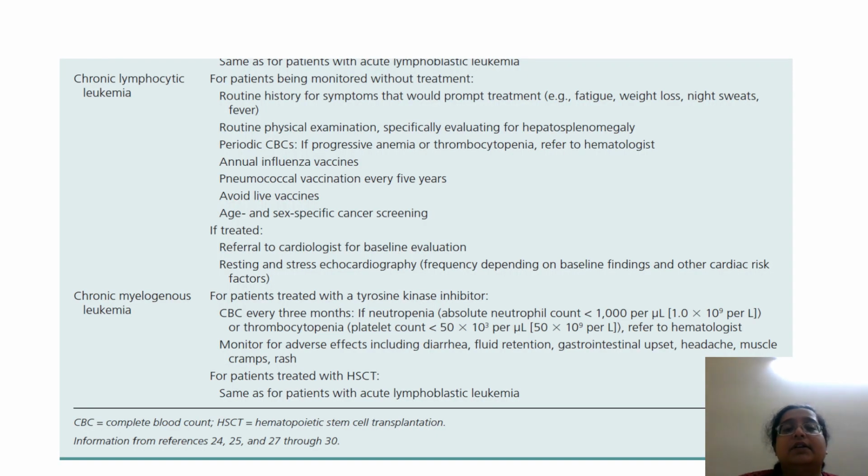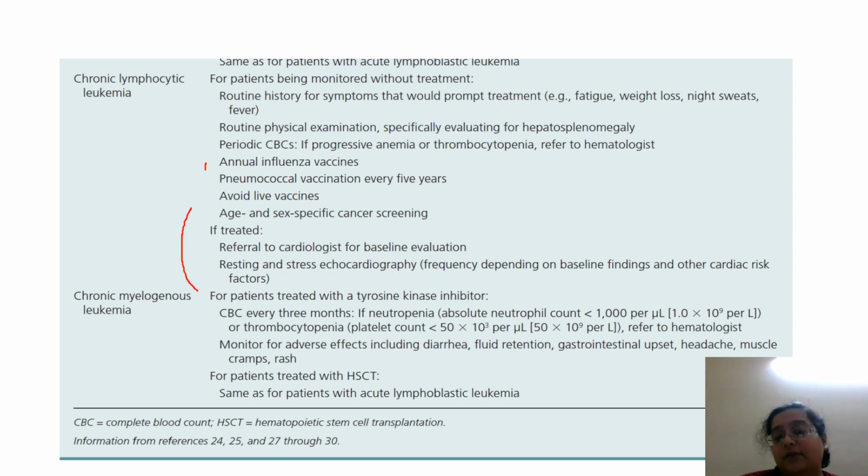So these are features. If the patient has CNL, he should be monitored for any extra symptoms developing, counts increasing. Vaccination should be done. Pneumococcal vaccine, especially अगर इनमें स्प्लेनेक्टमी कर दी जाती है तो कैप्सुलेटेड वायरसेस के अगेंस्ट वैक्सीन जरूर दिया जाता है, because spleen is a part of the immune system. There is a lot of immunity going on against capsulated viruses. So that immunity suffers when the spleen goes. So we give them vaccines, and of course a refer to echo and cardiological reference जरूरी है, because इनकी treatment होती है B+R, the chemotherapy that is given to them, and that B+R is cardiotoxic in some cases.